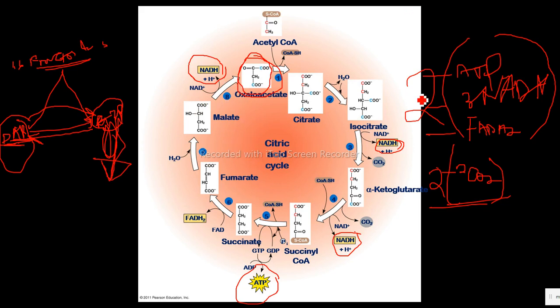So if 1 is producing 3 reduced NAD, and 1 ATP molecule, and 2 carbon dioxide molecules, then since there are 2 that are formed here, yet for us we are forming 1, we shall just get everything